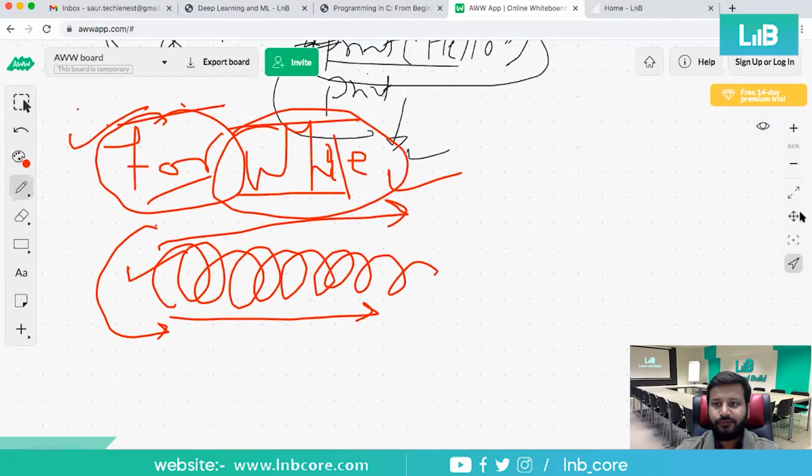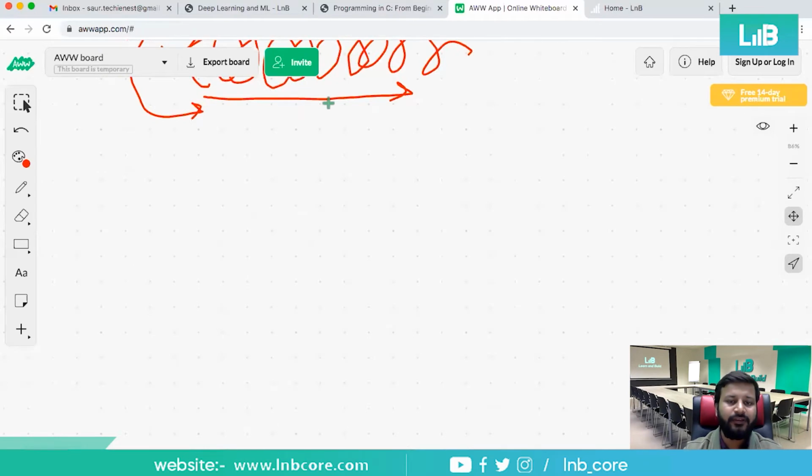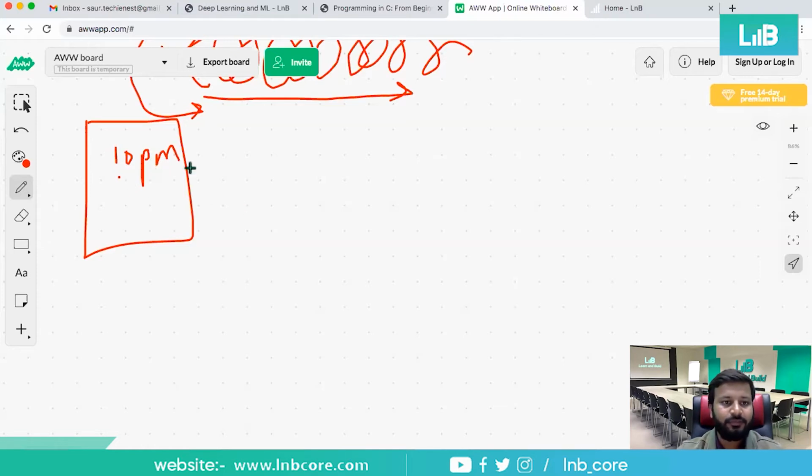For looping purposes, suppose you are making a program where something should happen in day and night, right? In the morning this should happen, in the evening this should happen. Like you use an alarm in your mobile phone. You have set an alarm for 10 p.m. It should alert you that at 10 p.m. you should sleep, or there should be a notification that within 1 hour you should sleep. This is the activity, and this alarm will be raised daily.